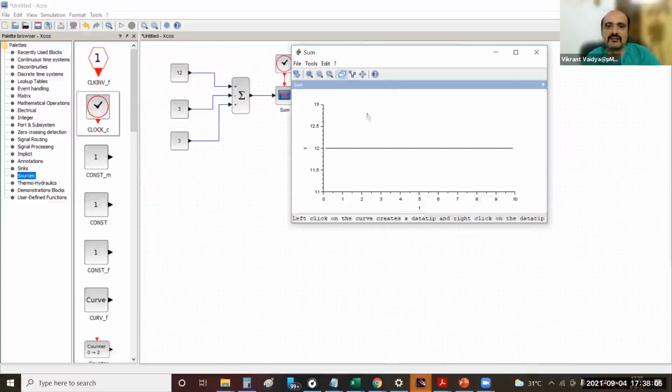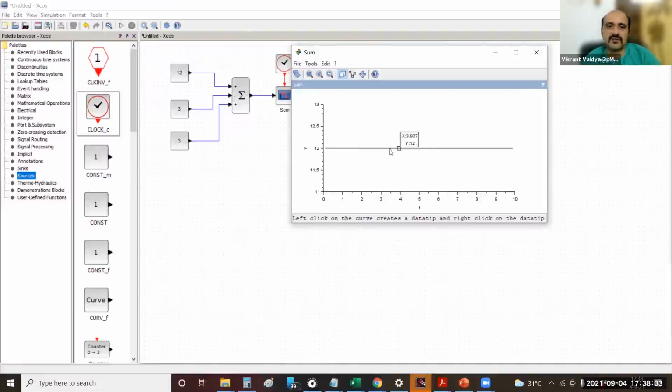Then you bring your cursor inside and click anywhere on the curve. It will create a data tip which shows the x value at that particular point and the y value. So for me, it shows 3.927 seconds and the y value is 12. The y value is going to be 12 for me all across.